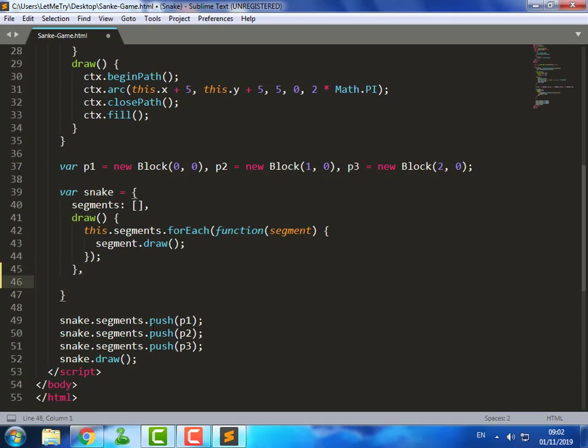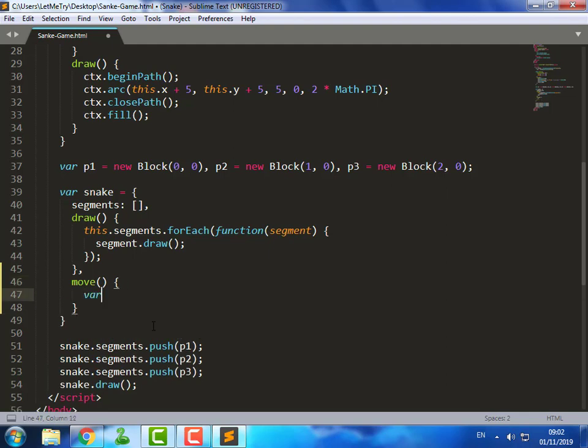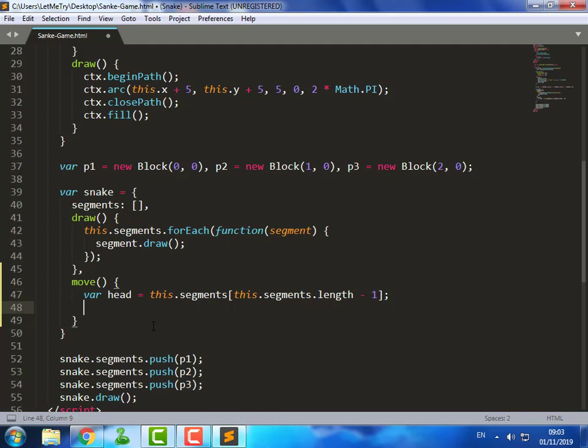Let's add a moving method to the snake object. The head of the snake is the last item in its segments array, and the first one is the tail.